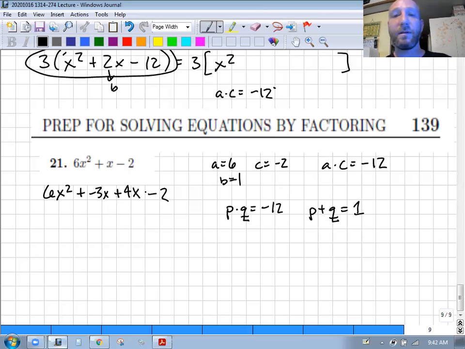All right, because when we do that, we can group these into two separate groups. It allows it to work out. If we pull a 3x out of the first two,